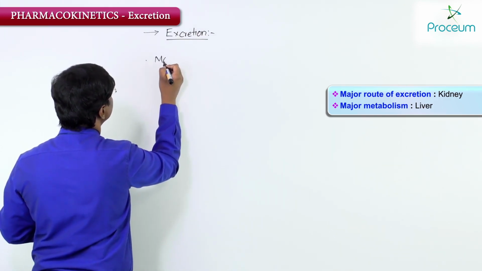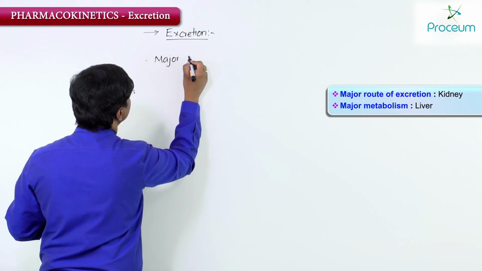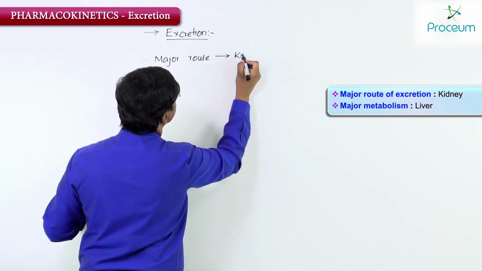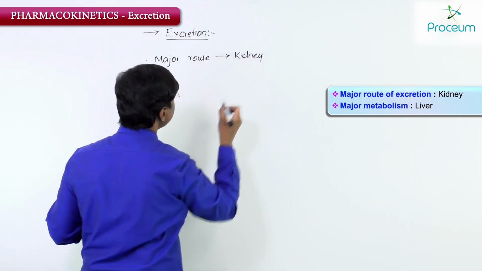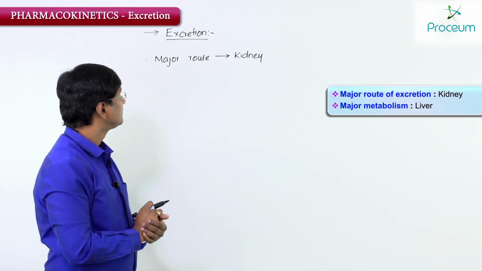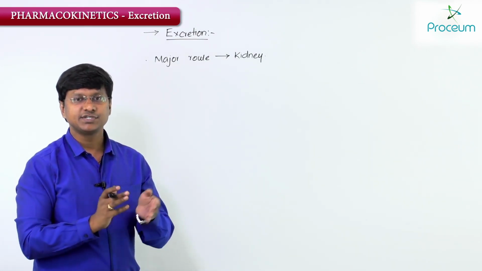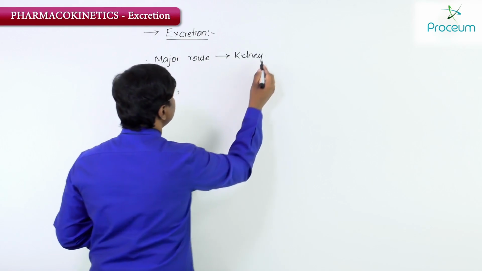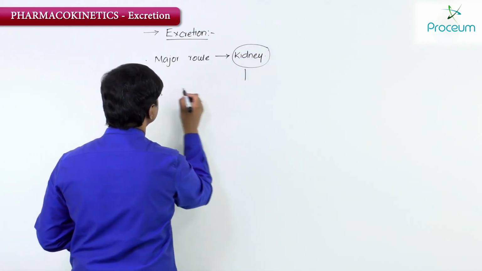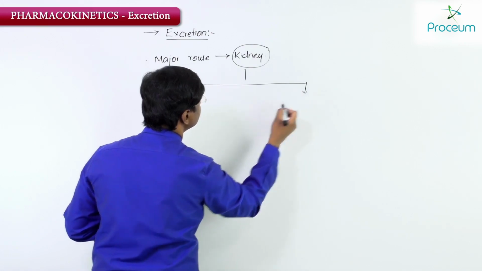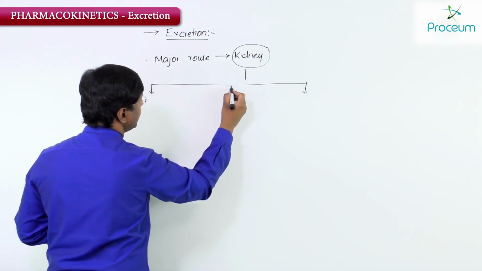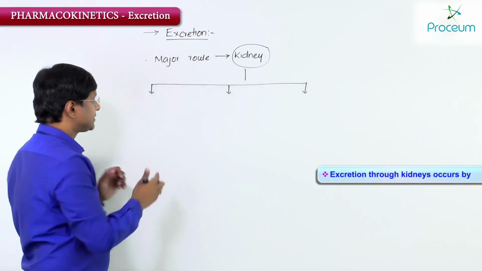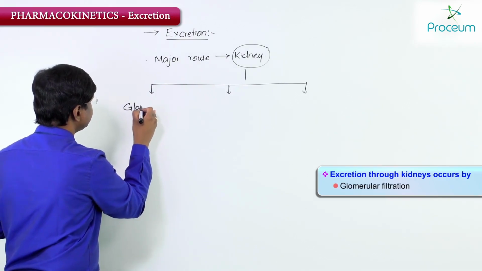The major route of excretion is the kidney. Now, excretion through the kidneys occurs in various forms. Excretion through kidneys occurs by glomerular filtration,